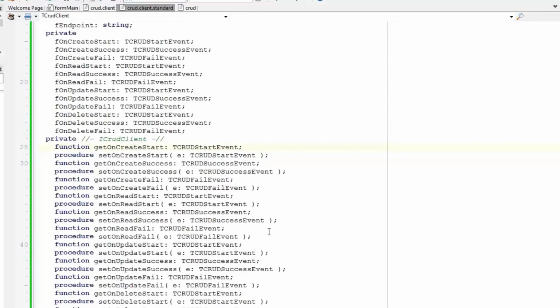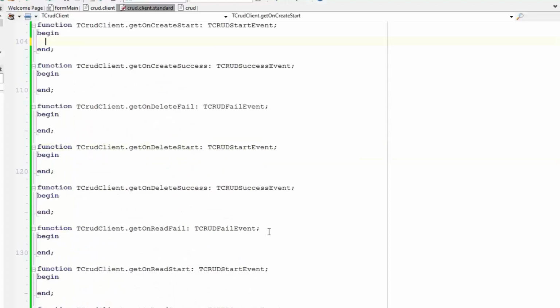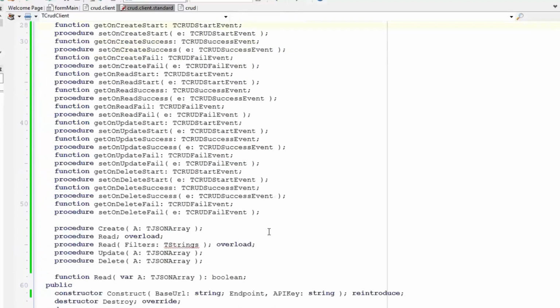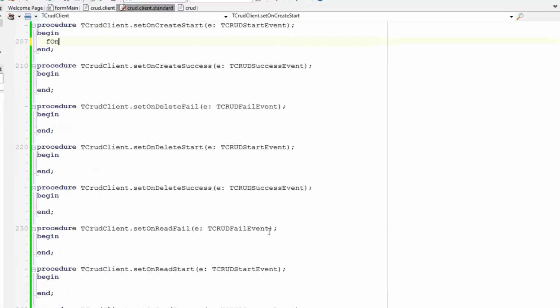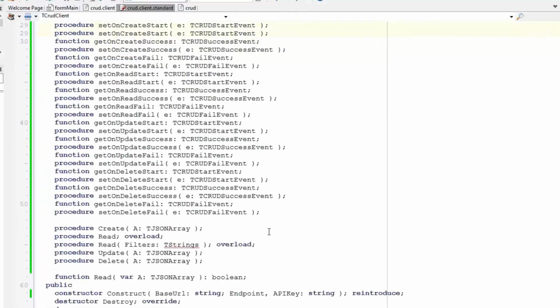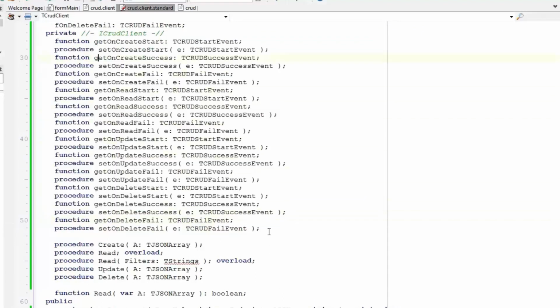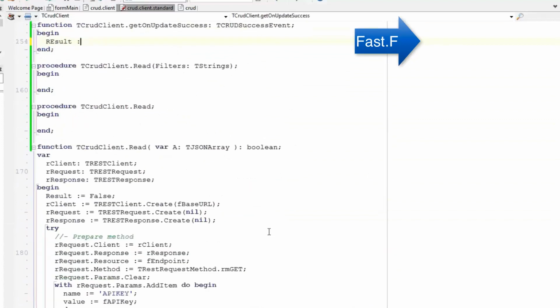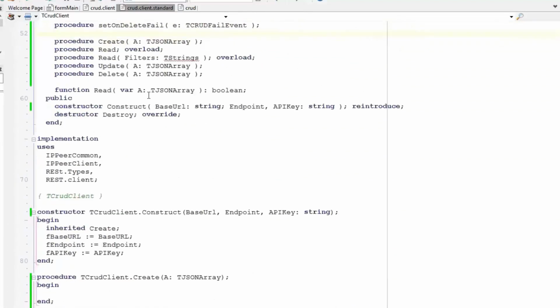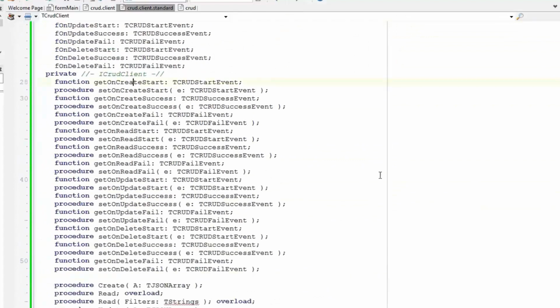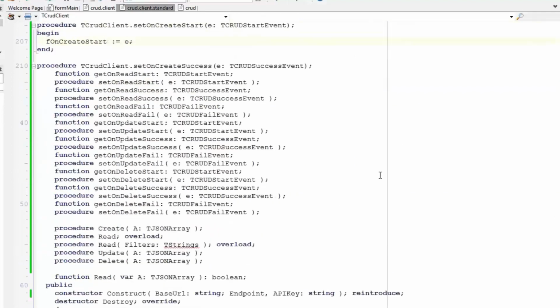So I've got this get on create start, and I need to go in here and put, well, this is a function, so result equals f on create start to get that private member. And then for the setter, f on create start is equal to e, because that's what I'm passing in. And I need to do this for each of these methods. So a little bit more fast forwarding magic for you guys. Okay, so each of these methods now has the getter, the setter,